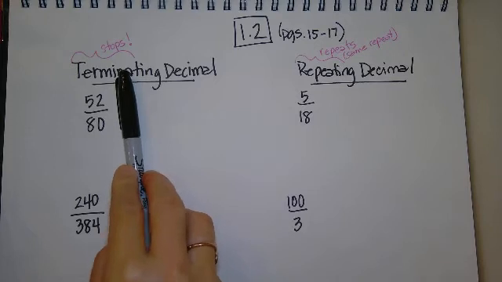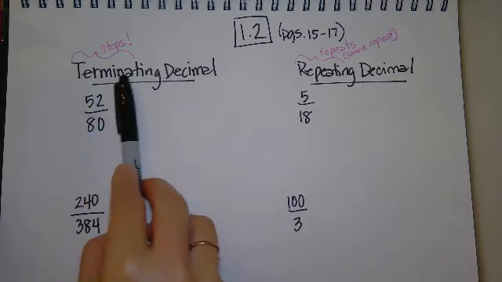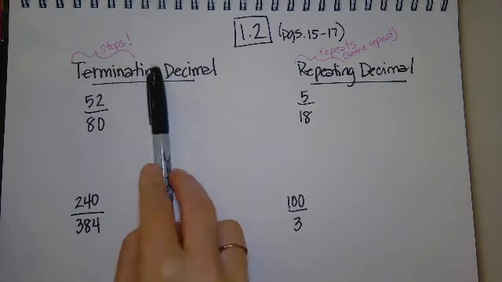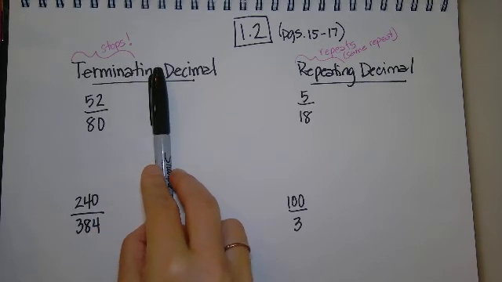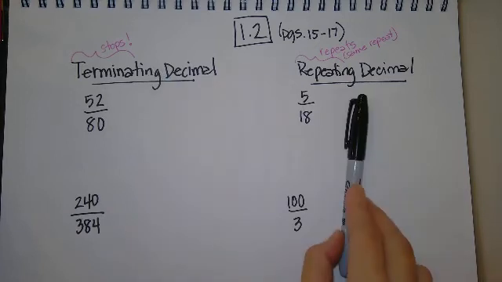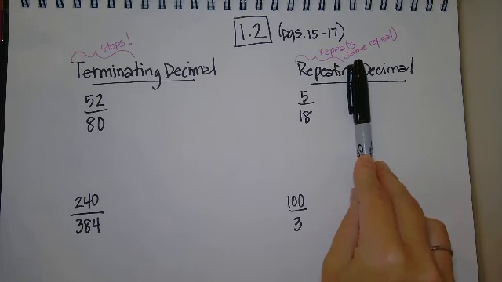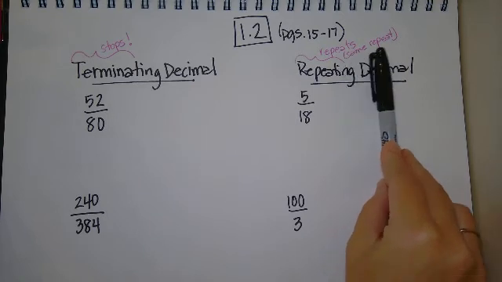So a terminating decimal, we know that the word terminate pops out here. That means to stop. So these are decimals that stop and basically don't continue going with any sort of remainder. They stop or they end with a 0. Repeating decimals, they repeat. And what's important that you remember here is that they repeat with the same number,